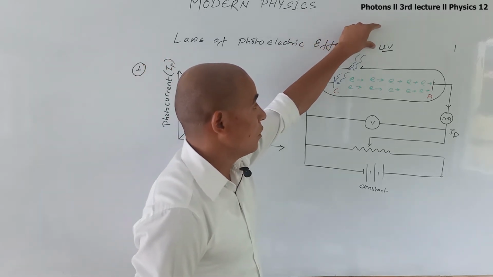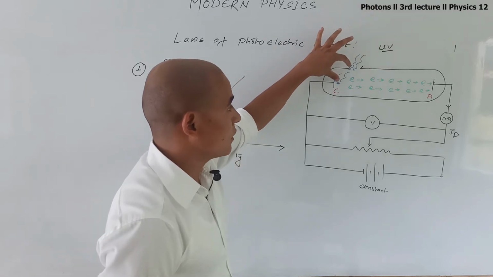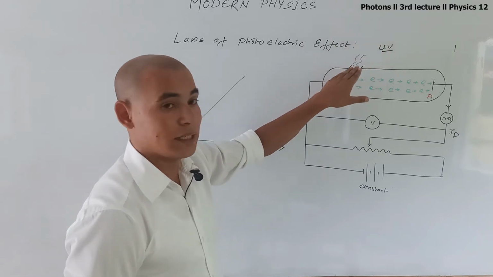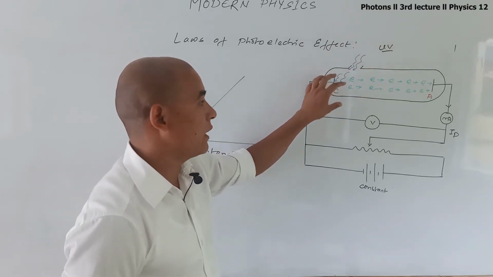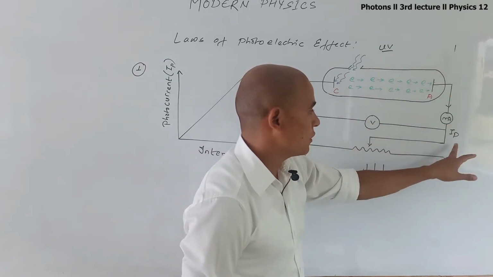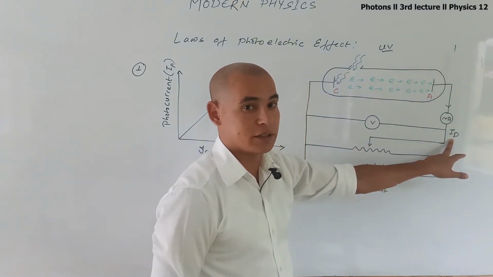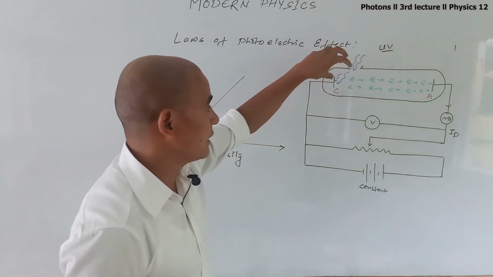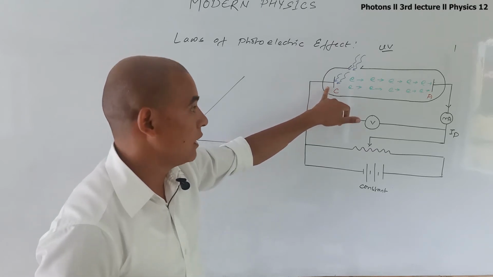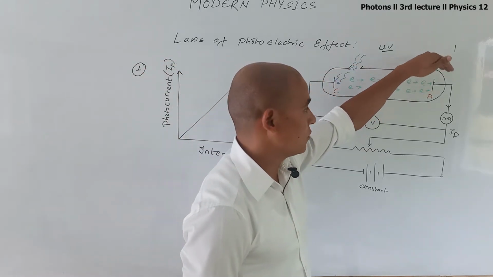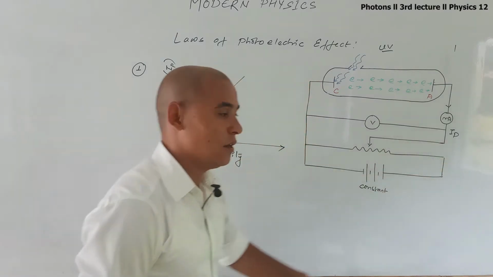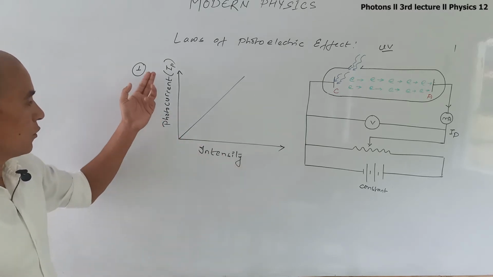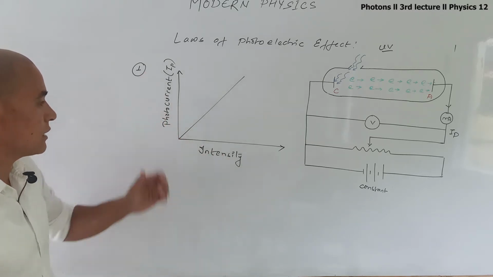What is observed is that when the source is close to the window, more radiation is incident on the cathode plate and it emits more electrons, due to which the flow of current will also increase. Similarly, when the source is taken away from the window, less intensity is incident on the cathode plate, so fewer electrons are emitted, due to which less photocurrent is observed. Graphically we can say: more intensity, more photoelectric current; less intensity, less photoelectric current.